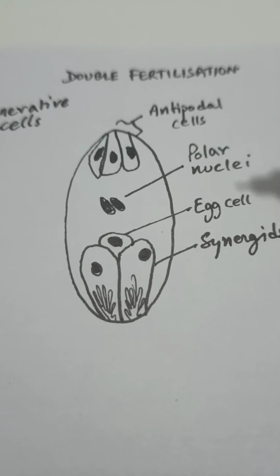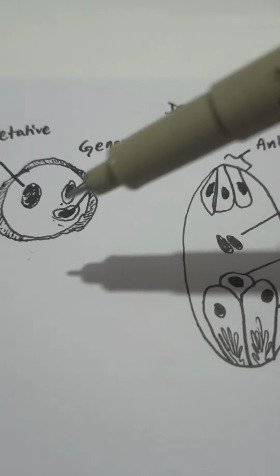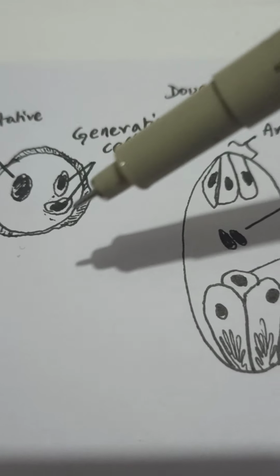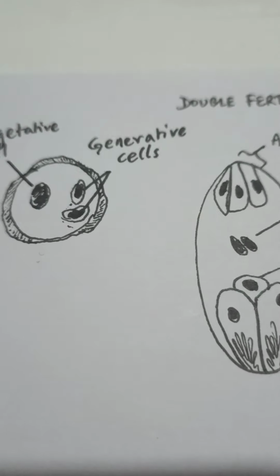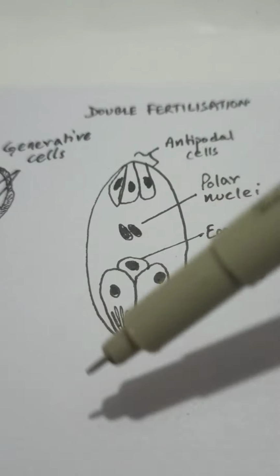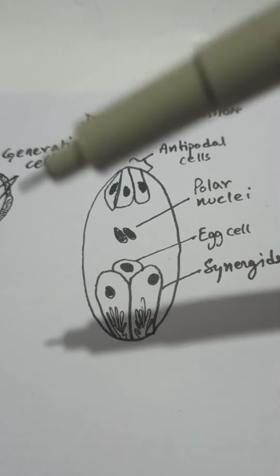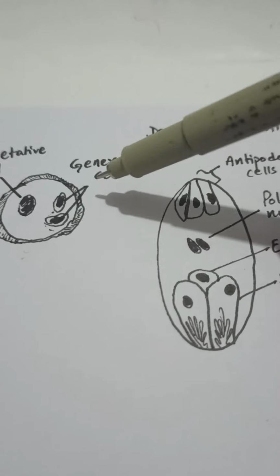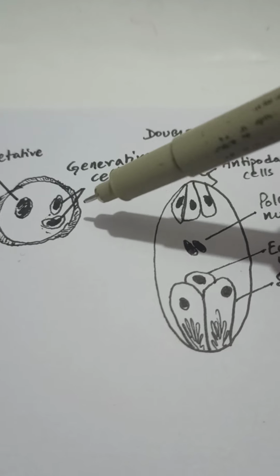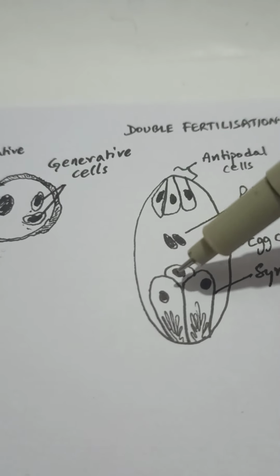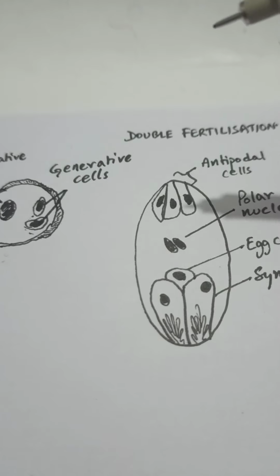So the process of double fertilization actually involves these two gametic cells. Like what we have here is this reproductive structure, the pollen, the male reproductive structure, and the ovule, the female reproductive structure, in which we will see that the generative cells, which will be considered as the sperm nuclei here in this case, are going to go and fertilize this egg cell and the polar nuclei.